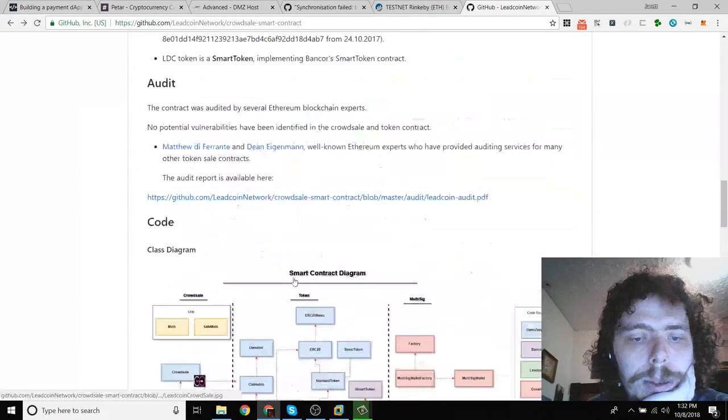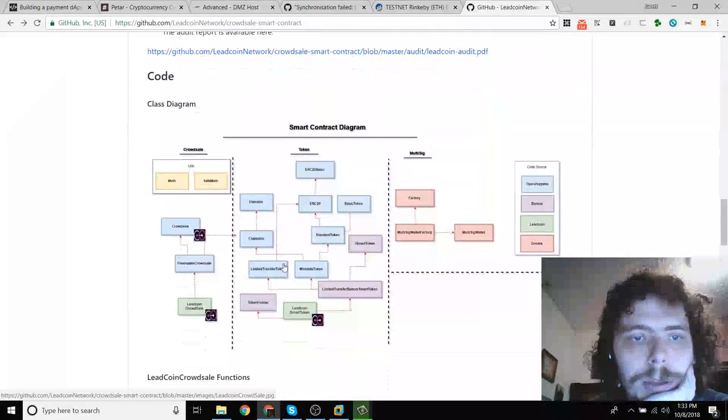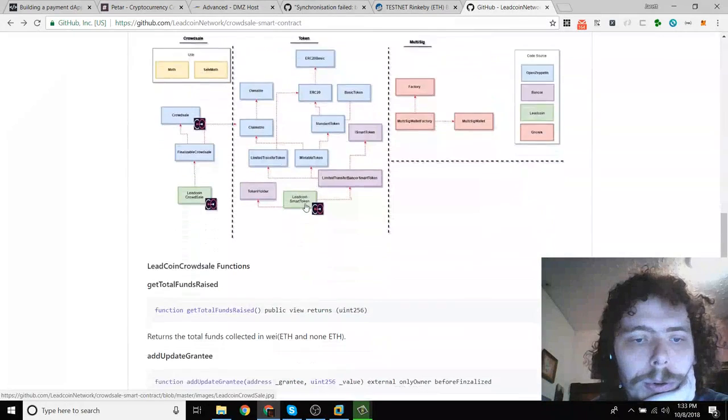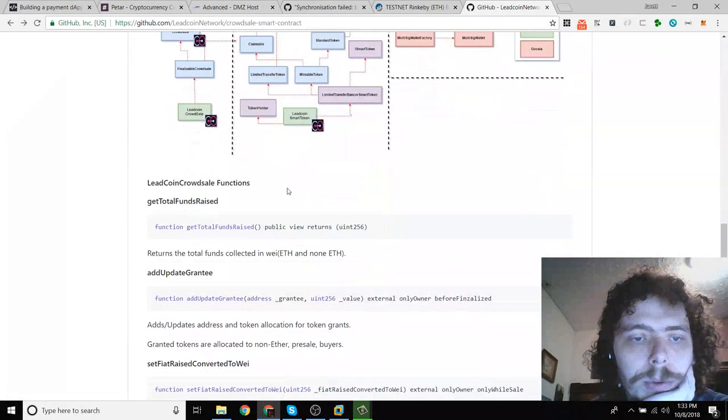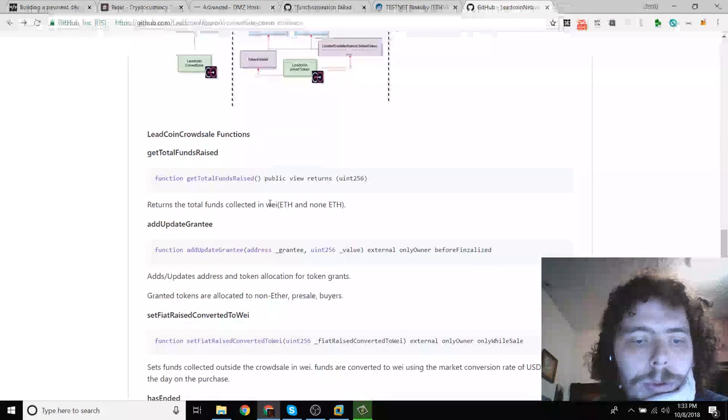It even has an audit diagram. It even has a class diagram for the code. It's got explanations for the functions. Returns the total funds collected in wei, ETH and non-ETH. Not sure what non-ETH means. Add update grantee. Token grants